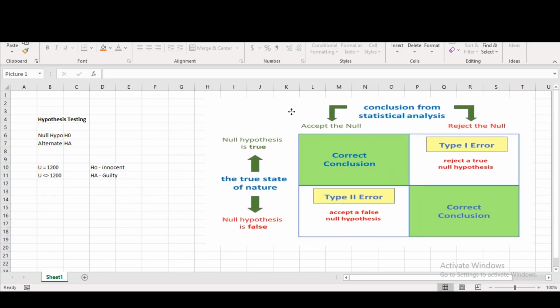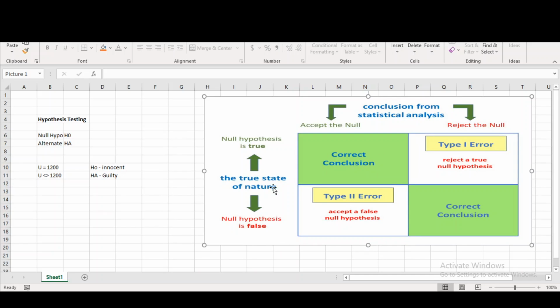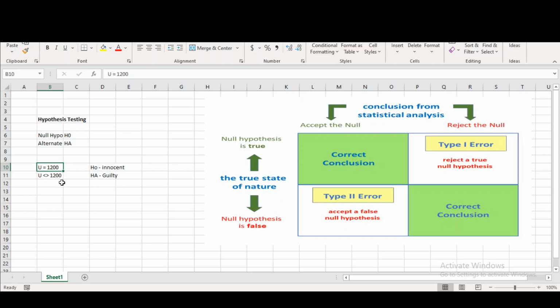For this hypothesis testing we do different tests. The t-test is one on which we do this hypothesis testing. The t-test is basically an analysis of two or more population means. For example, I have defined here that the average score of a subject is 1200 for an institute, or the average score is not equal to 1200. Or in another example, in front of the judge a person has been convicted, whether he will be innocent or guilty. So H naught is innocent and Ha is guilty.